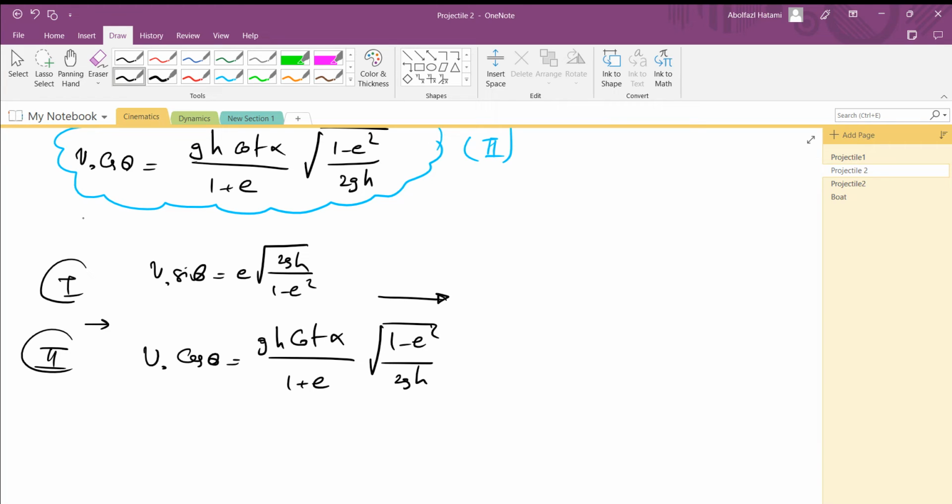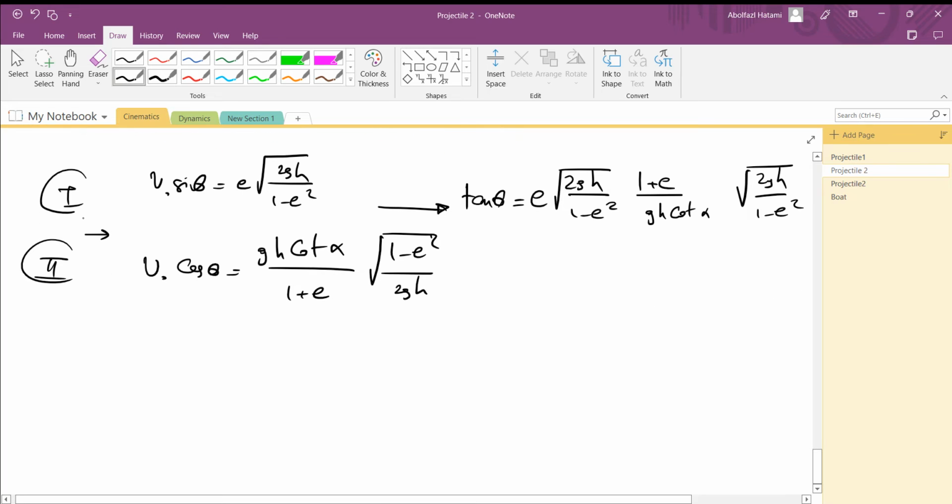If I divide the I equation by the double I equation, I can obtain that tangent of theta is going to be something like this: e radical 2gh divided by this parameter multiplied by the inverse of V0 cosine of theta, which is something like this, which I can say that tangent of theta is just